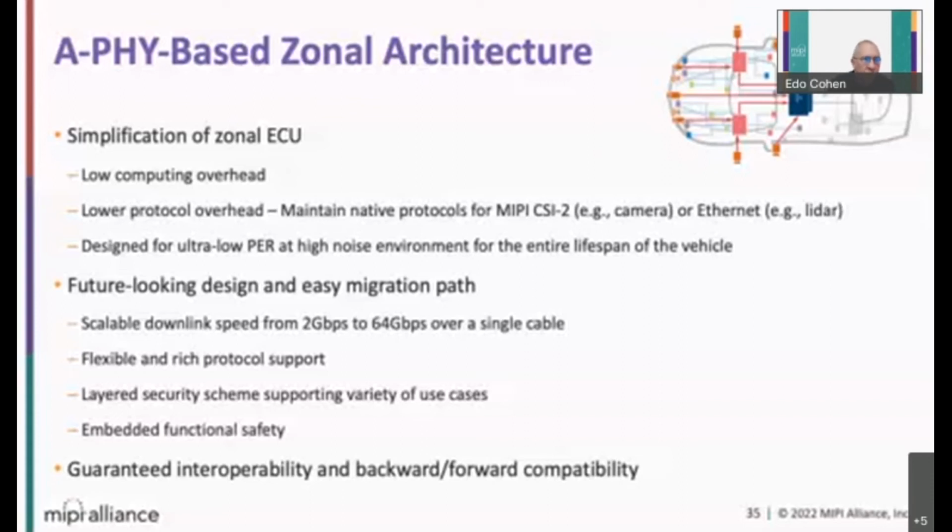It's also providing a future-looking design and easy migration path, as it is scalable downlink speed going from 24 gigabit per second to up to 64 gigabit per second when utilizing the dual downlink capabilities of an STQ cable. On a single cable, it could be 32 gigabit per second per lane or 64 gigabit per second for dual lane cables. It is flexible and it has rich protocol support from MIPI protocols to general purpose protocols like SPI,